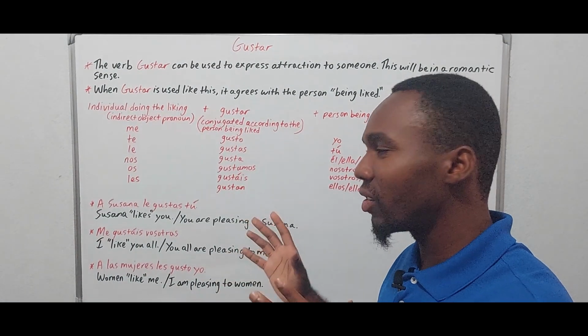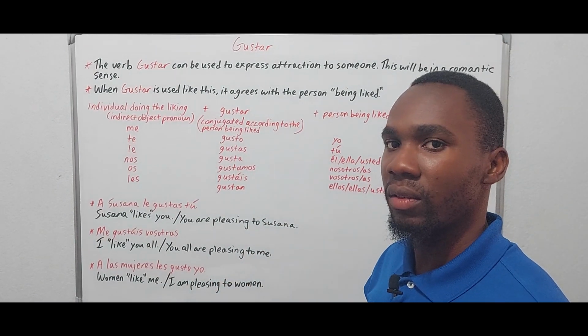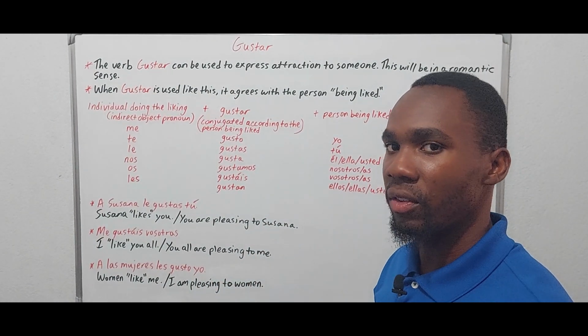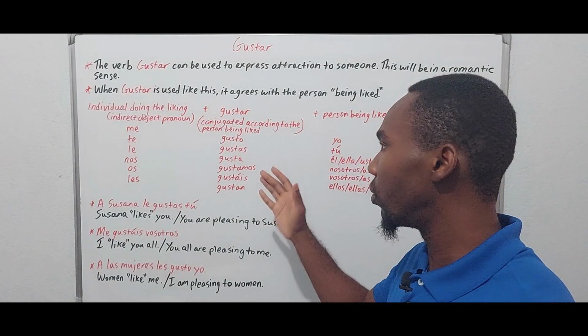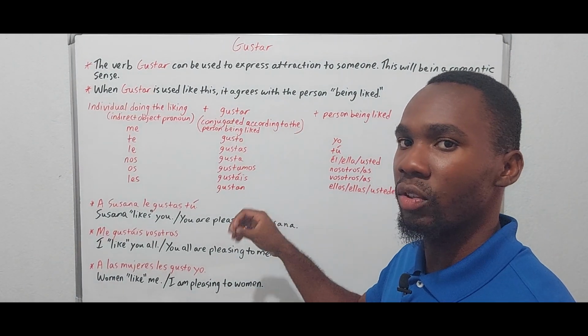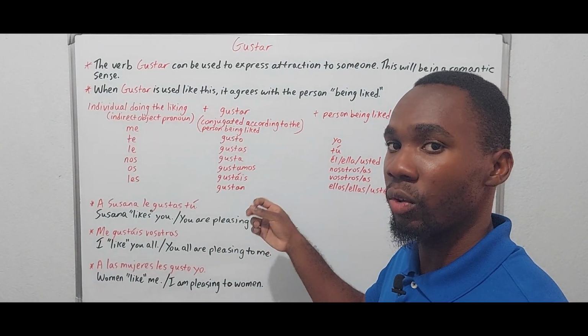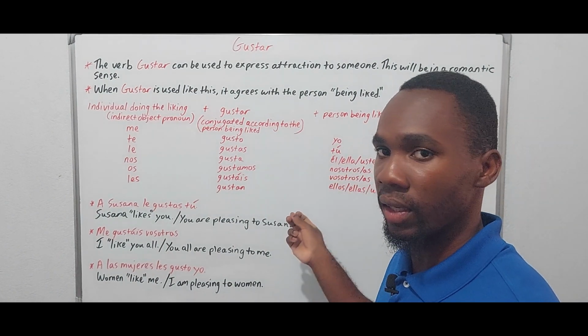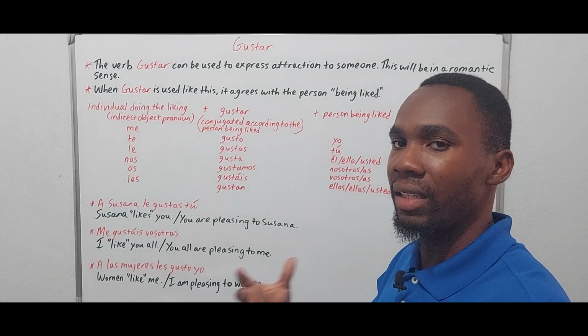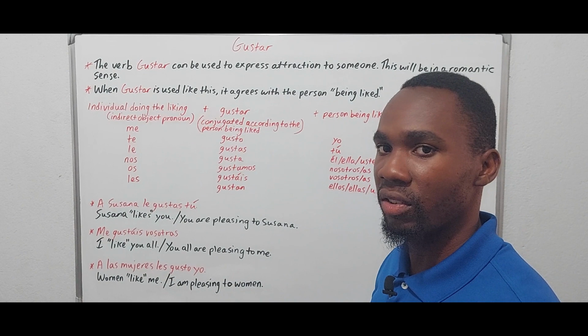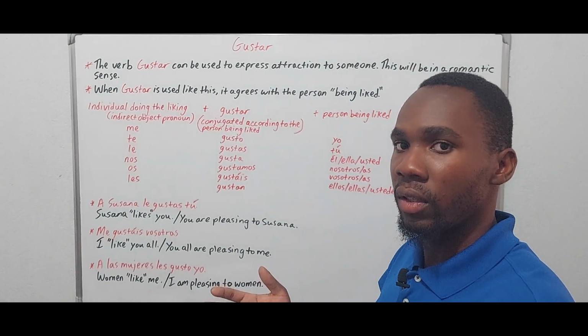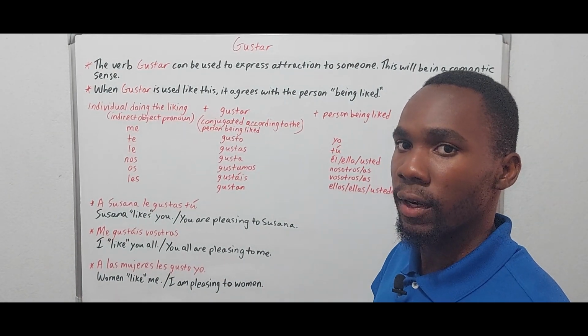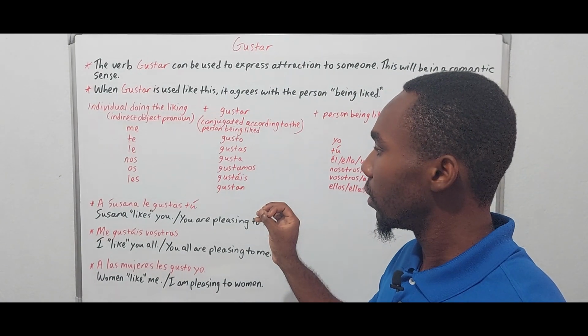So it is similar to the other uses, but the only difference is that gustar in this context is going to be conjugated to agree with the person being liked. And it would basically be the traditional conjugations, not just the third person, singular or plural, right? Now,